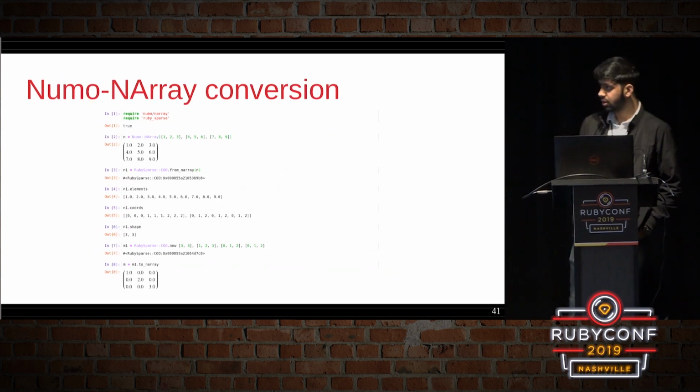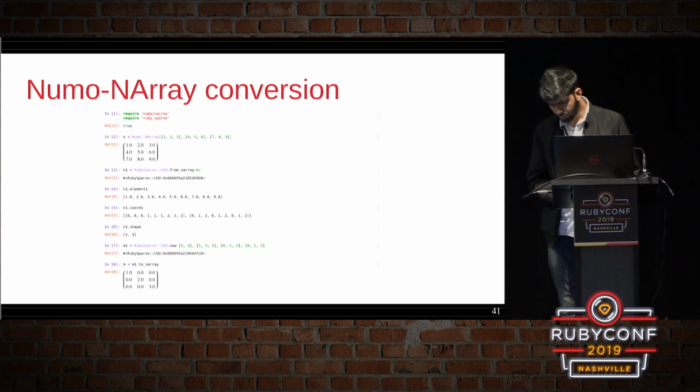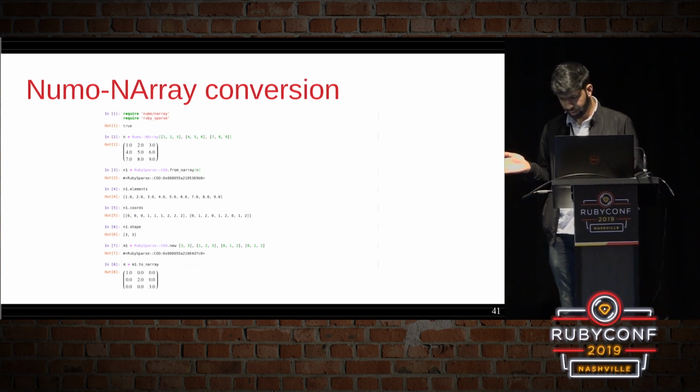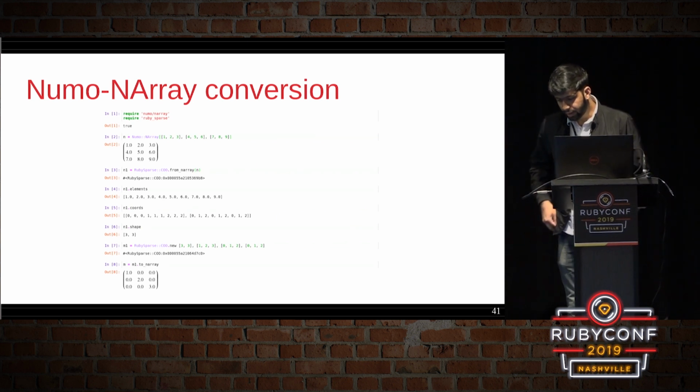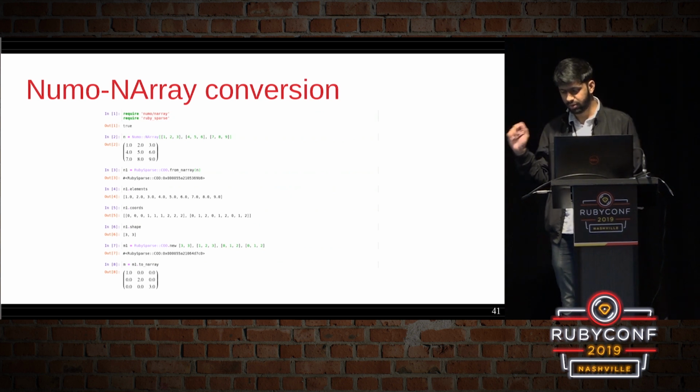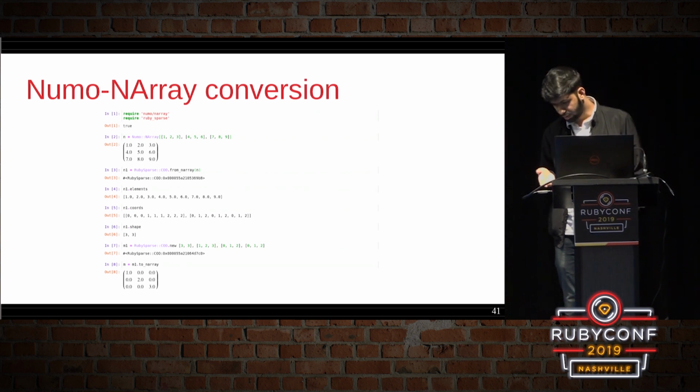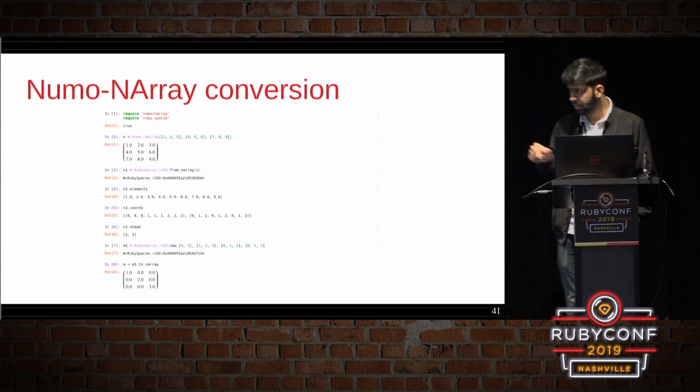And then here's the conversion for NUMO. Pretty similar. First you declare the n array, which is this one. Then you can convert it to the COO using the class method COO dot from n array, and then you can do the reverse, which is from the COO to n array. So you declare a COO n matrix, and in this case n1 is a COO n matrix, so you just pass COO n1 dot to n array. It'll give you the n array corresponding object, which in this case is from m1 to m. Yeah.